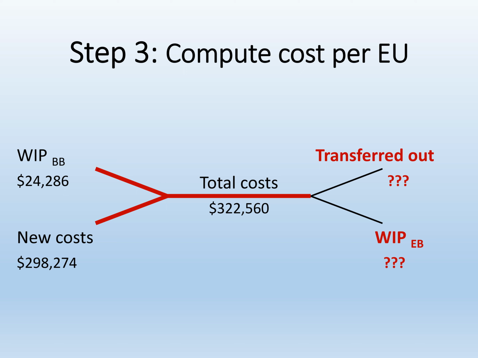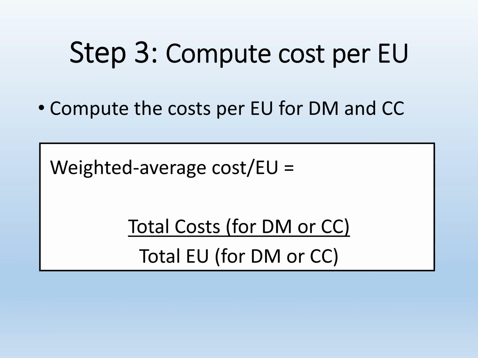Now the question is, what happened to all of those costs? How much of those costs belong to the units that were finished in the mixing department and transferred out to the canning department, and how much of those costs were still in work in process at the end of the period? To answer these questions, we're going to compute the cost per equivalent unit for direct materials and for conversion